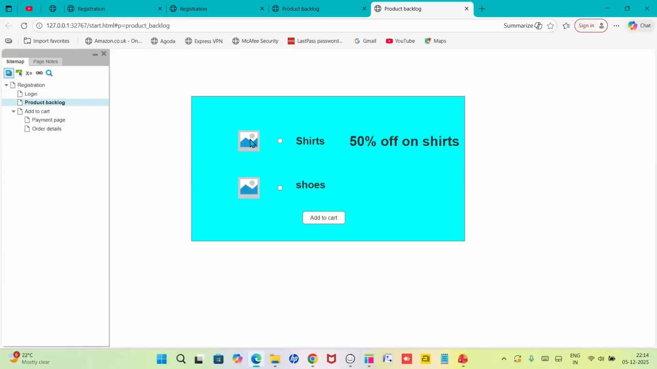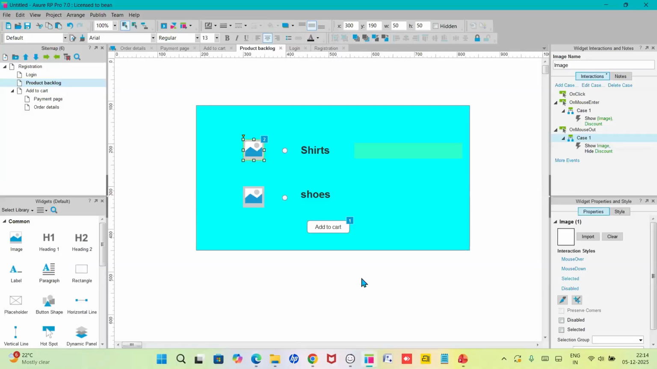See, whenever I'm giving the cursor to the image, it is showing 50% offer on shirts. Whenever I'm removing it, it is not showing, right? So in these situations, whenever we want to show a particular thing, we need to highlight it. We can use the mouse over and mouse enter options. We can highlight them. This is how it is showing 50% offer on shirts whenever I'm taking the cursor to the image. Whenever I'm taking it out, it is not showing. And the other thing we can also do,